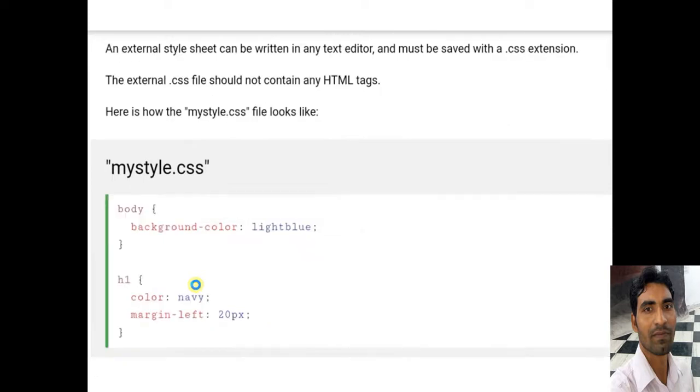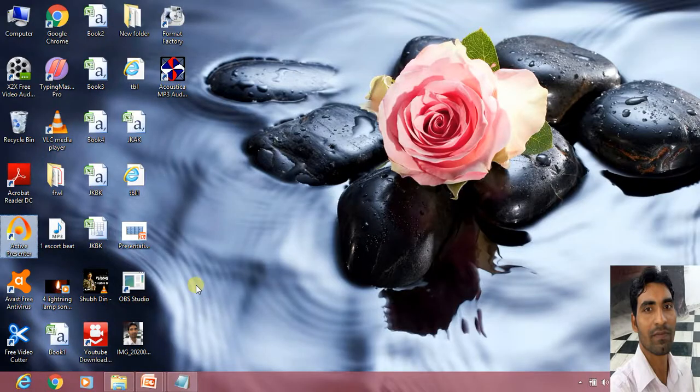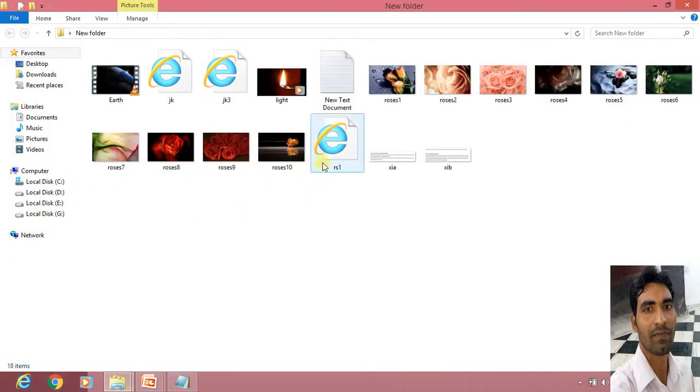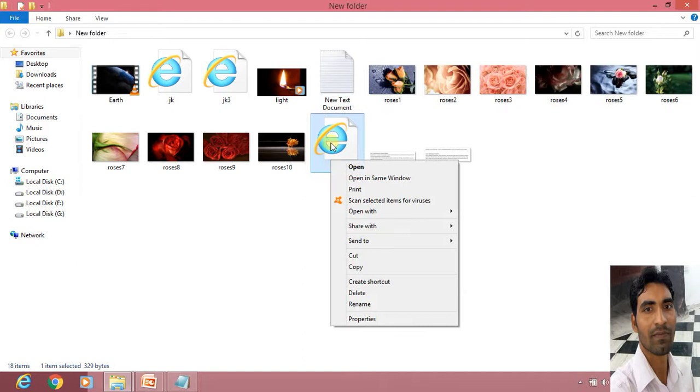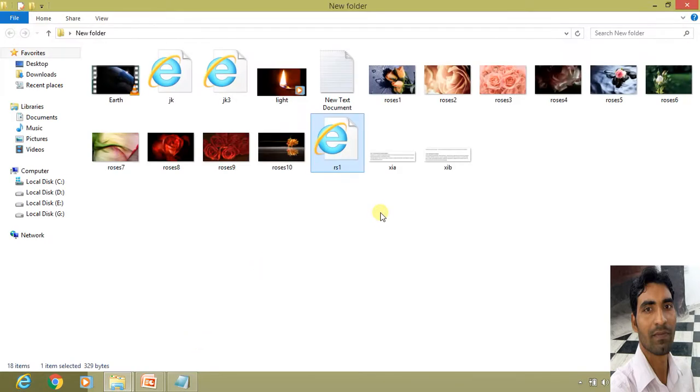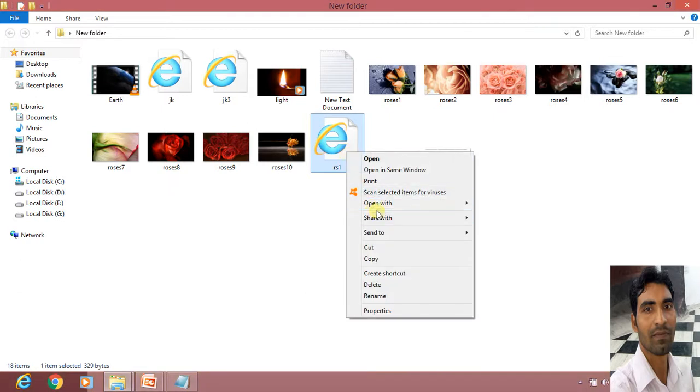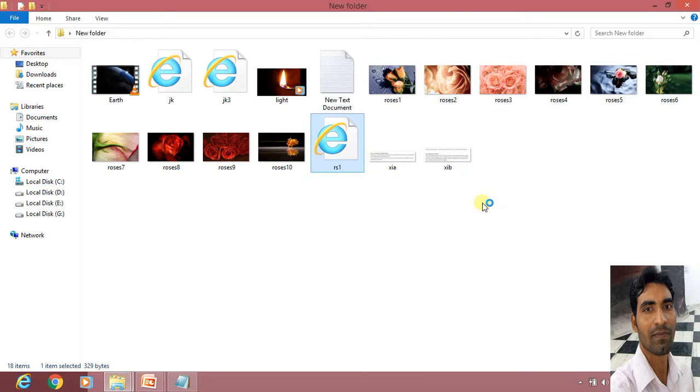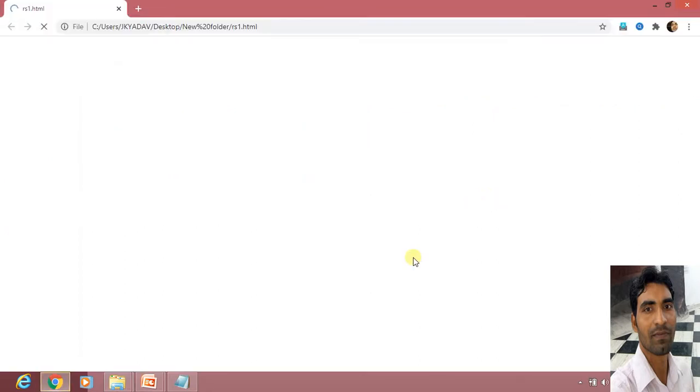Now let us first do the external CSS. Suppose our file is this. Here we have a file rs1. Okay, let us open it in Notepad. First you can see the output of this file, the rs1 file. Okay, it is not showing output. So we can open it in another Google Chrome also, then it may show the output.